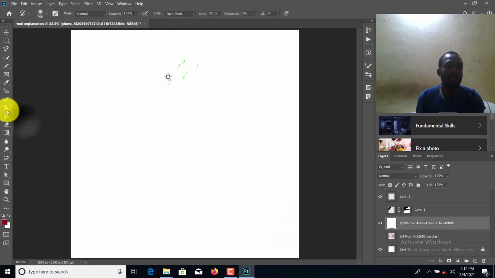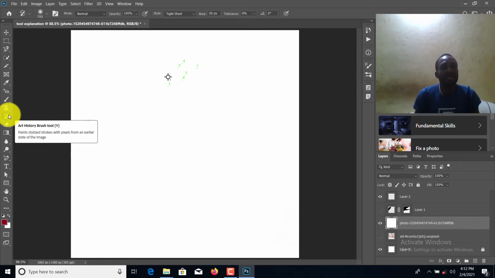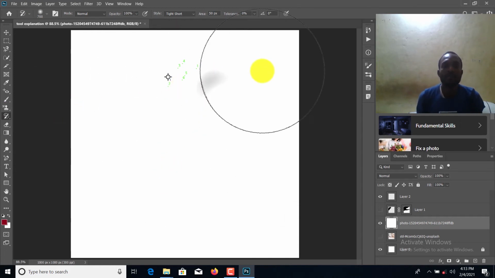The art brush, the other one under it, is the art brush. The art brush paints stylized strokes. It paints stylized strokes with pixels from an earlier state. Stylized strokes with pixels from an earlier state. So for example,